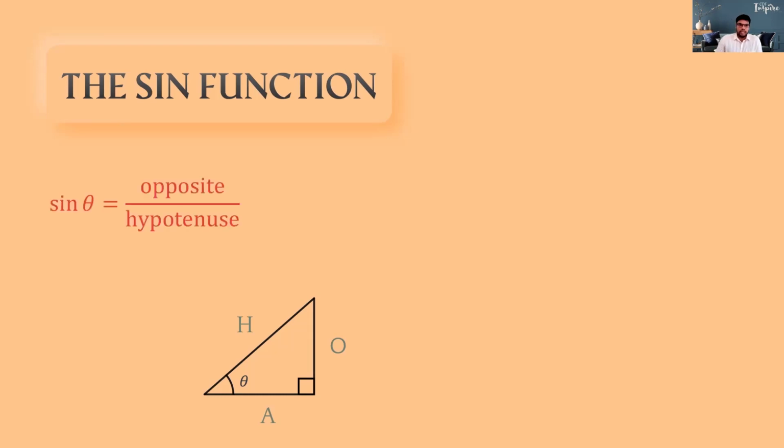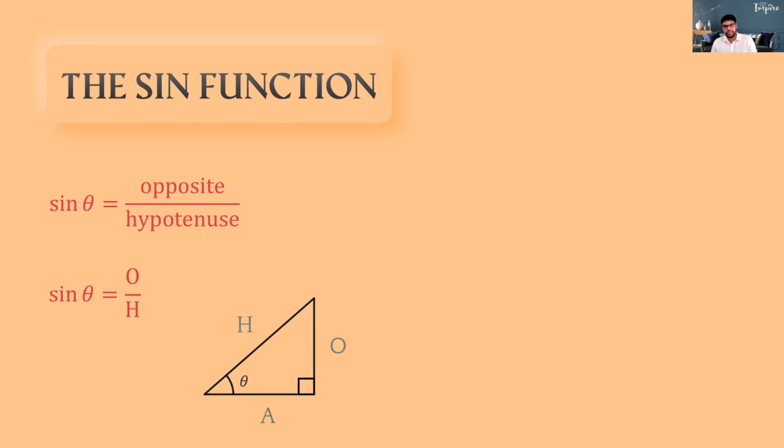Children, the sine function is the ratio of the length of the opposite side divided by the length of the hypotenuse. So in short, sine theta is equal to O over H, or opposite over